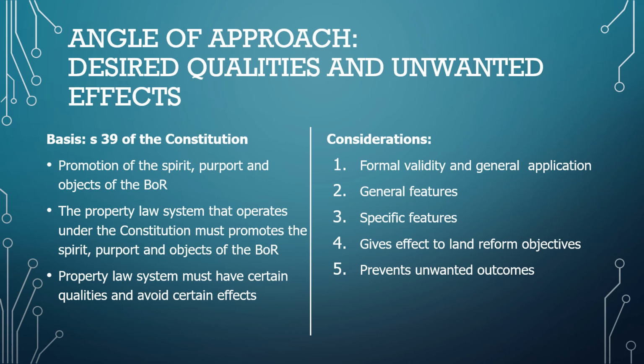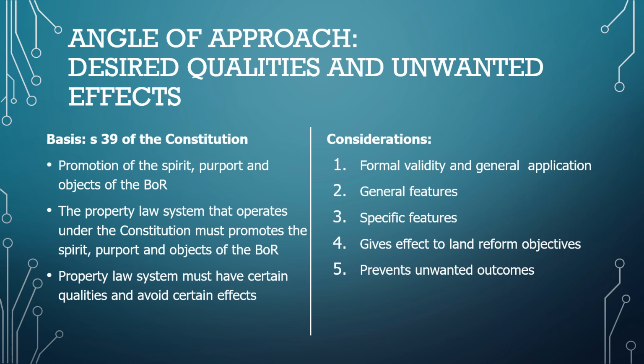It's the promotion of access to land, security of tenure, restitution and redistribution, and also the progressive realization of Section 26(1), namely housing. So where you have legislation or provision that hinders or hampers access to land, security of tenure, restitution or redistribution, or puts a stumbling block, a negative challenge,